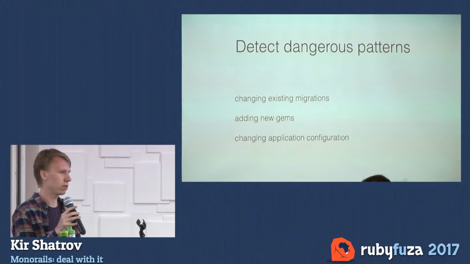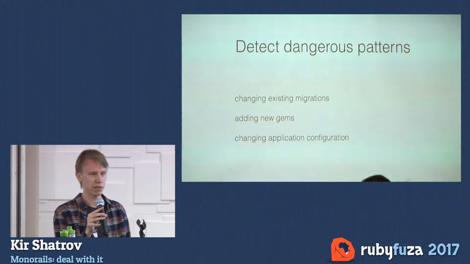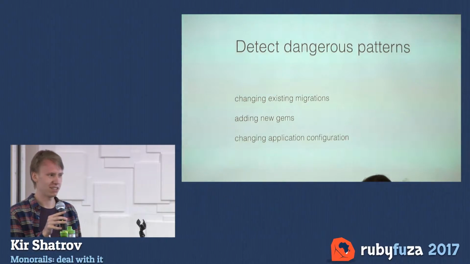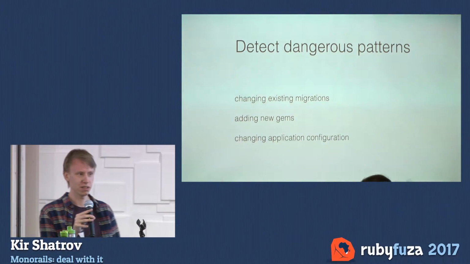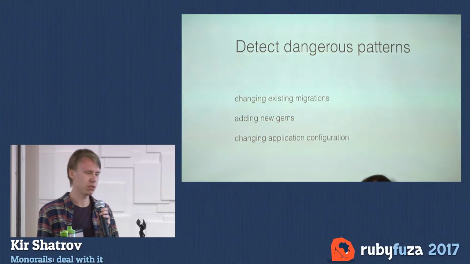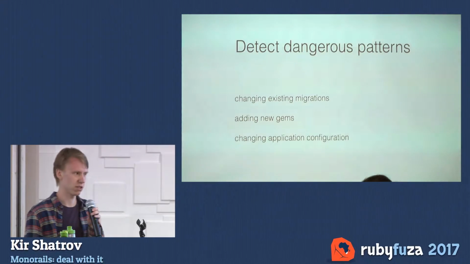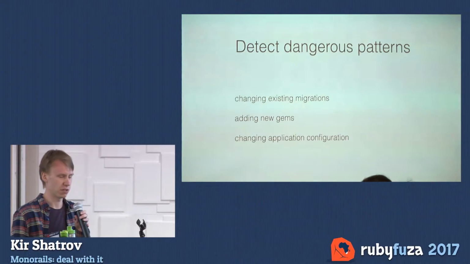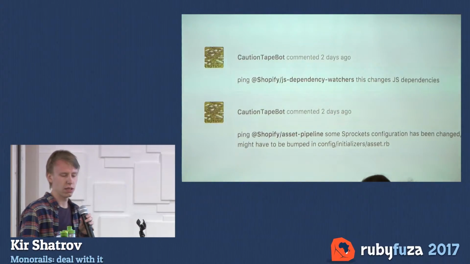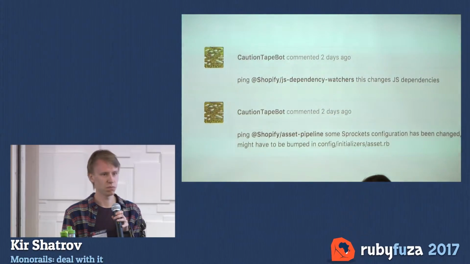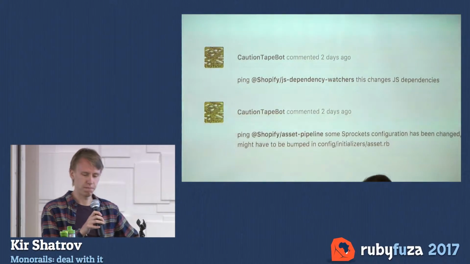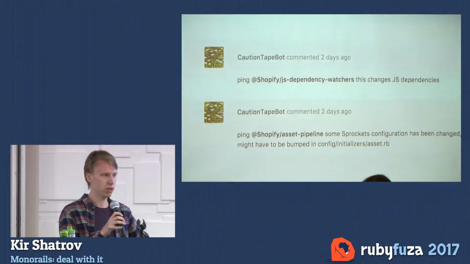And then we don't want developers to change existing migrations, because that's just not how things work, right? Instead of changing a migration, you would add a new one and run that. And we also don't want developers to just change the application config just for their feature, because it's going to be a mess. And we have this small bot that watches new pull requests on GitHub, and with regular expressions